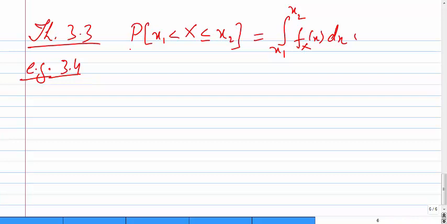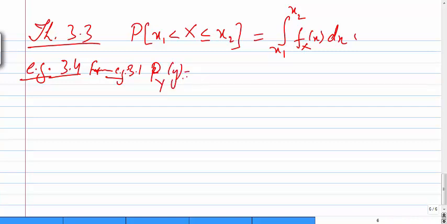So in example 3.1, let me write it, we have